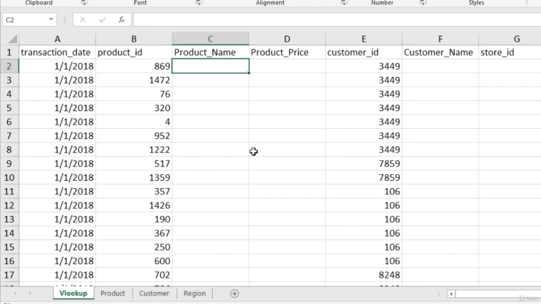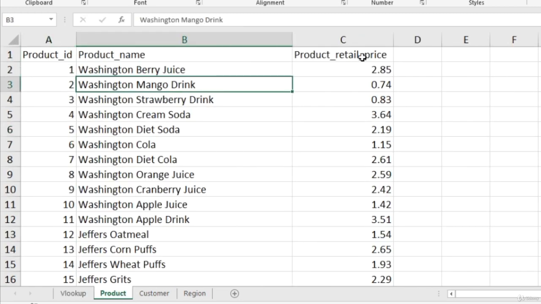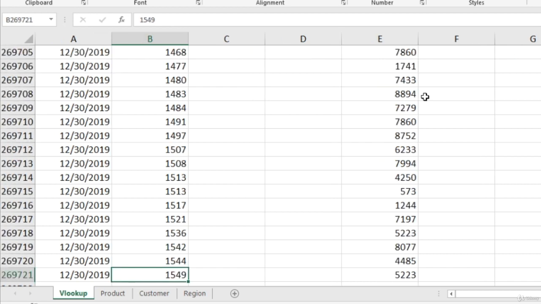Now these two pieces of information are available in this second sheet here. For each product ID, I have the product name and product retail price. What I have to do is go to sheet 2, the product sheet, and find the product name and product price for each product ID from sheet 2, and bring that here. But the problem is, if I go down, you will see that there are